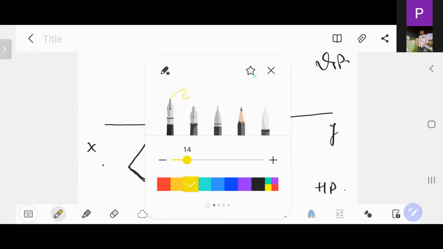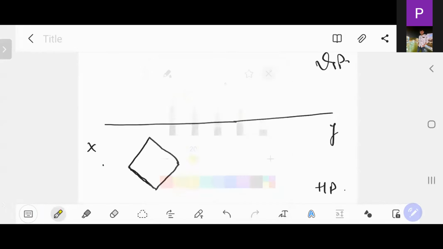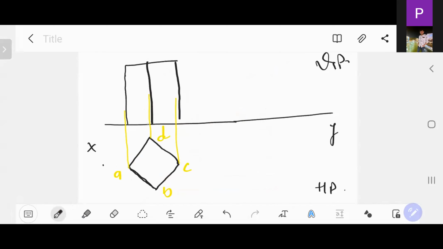So taking the projection for the front view, and here it is the name. Let us say this is the point A, B, C, and D. Now make the front view. So front view is going to look like this. Axis height that is given. So as per the axis height, draw this front view. As per the exercise, draw the front view.